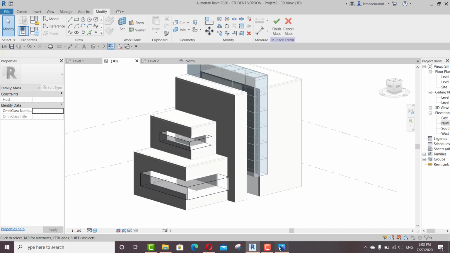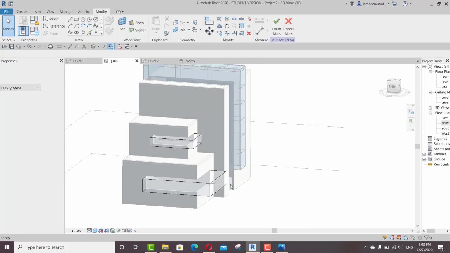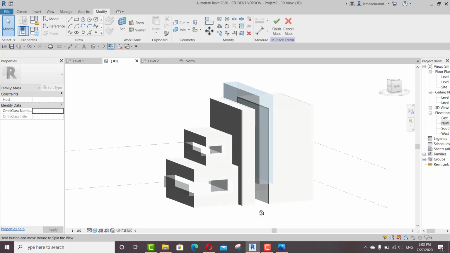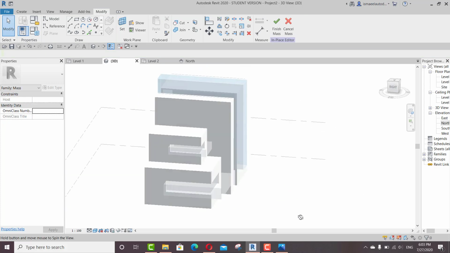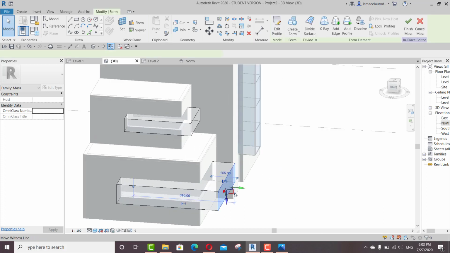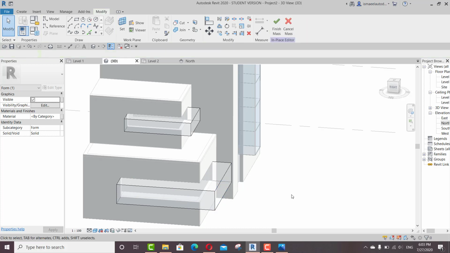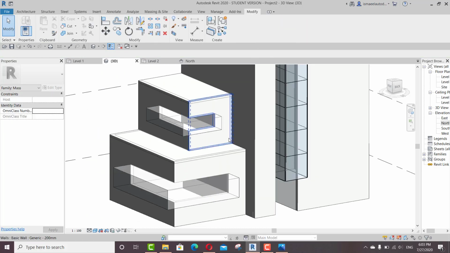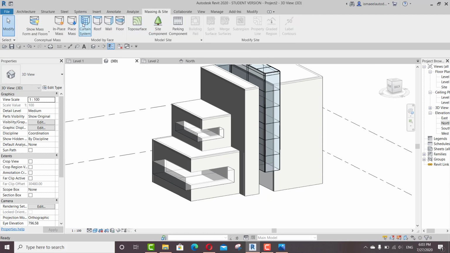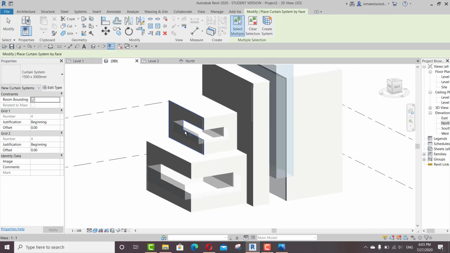I think it's okay. Let me just see. It's too much, I think. Okay, 610. Okay, then we just put it even a bit inside, 590. I think it's okay. Finish and go to massing on site, create system or curtain one,